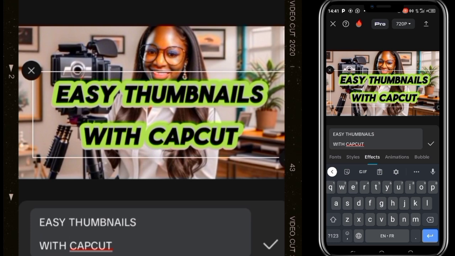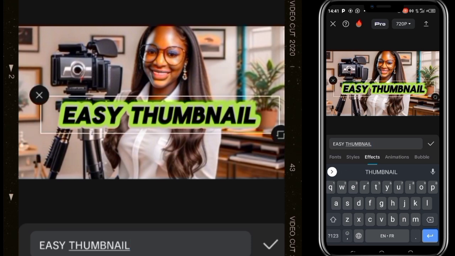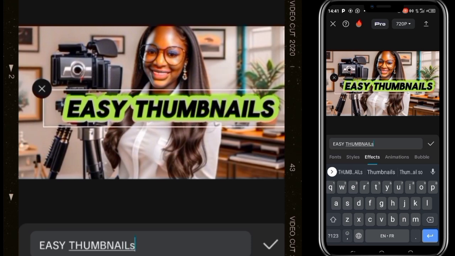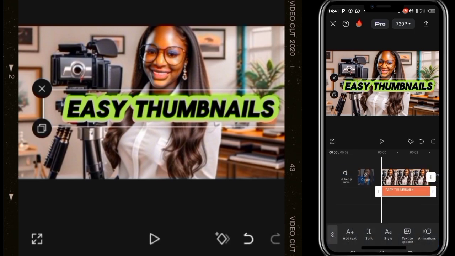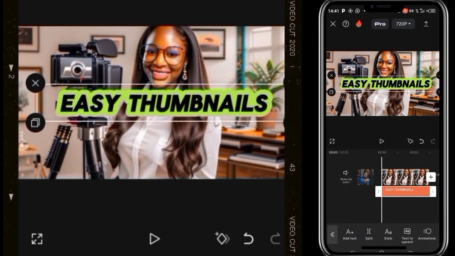Easy thumbnails with Capcut. You can as well even leave the easy thumbnails. Then let's just do it this way. Easy thumbnails. We leave it at easy thumbnails, right? Then you go back, click on this check button. Let's leave it at that, right? Then with Capcut,